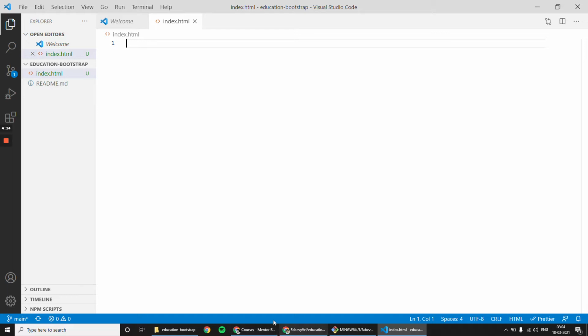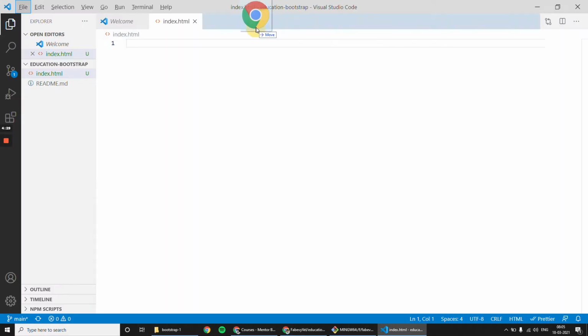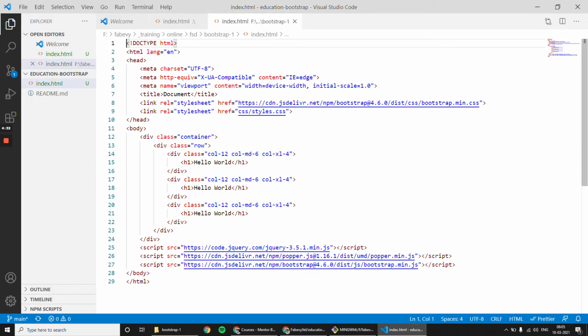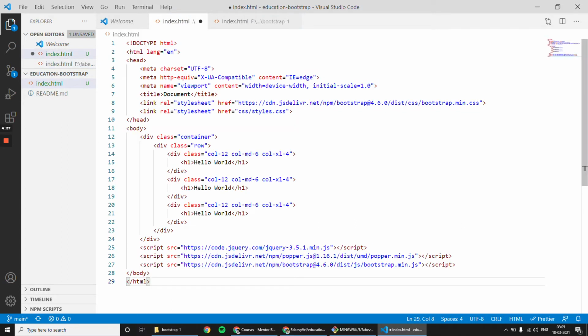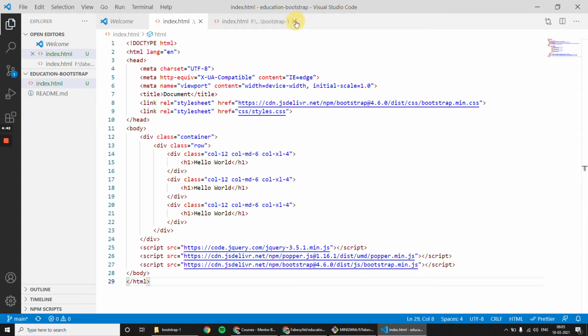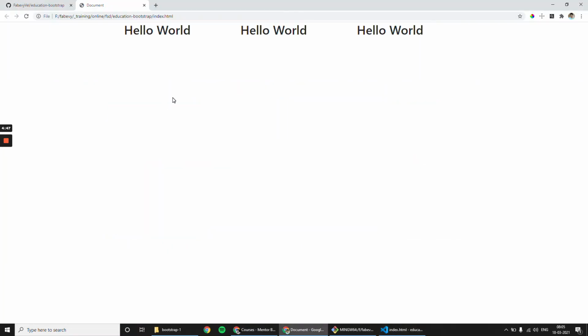Let me go to our previous HTML page. Instead of referring to Bootstrap's code, I will simply refer to our previous project where we have the index file. So I will simply copy this and paste it in this page. It will save some time for me. I will delete this. Okay, let me check whether it is working fine or not. I just need to open it in my browser. Hello world.